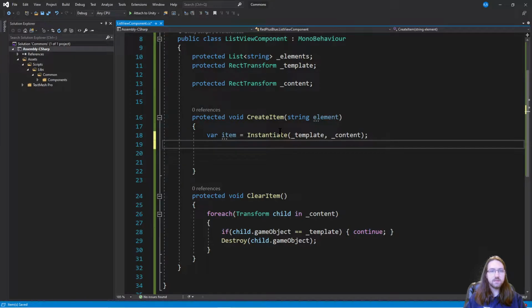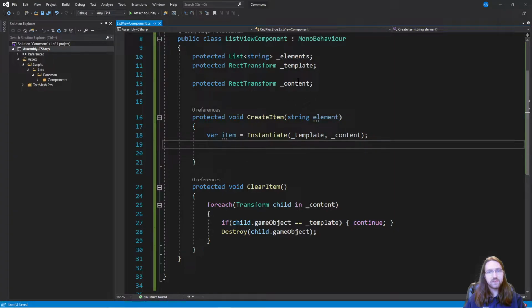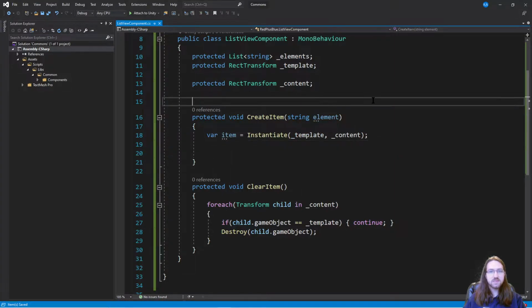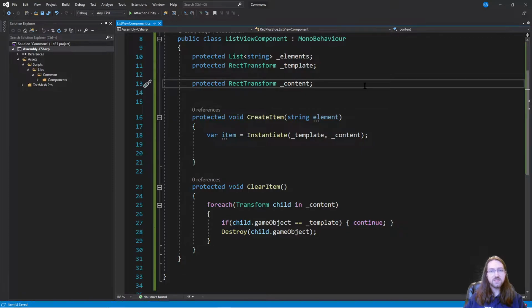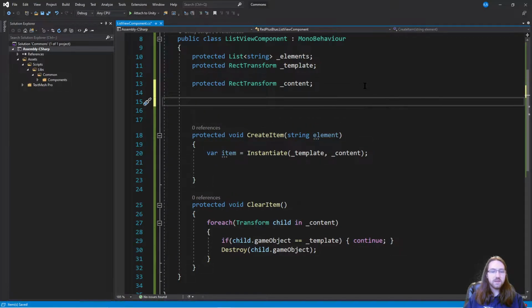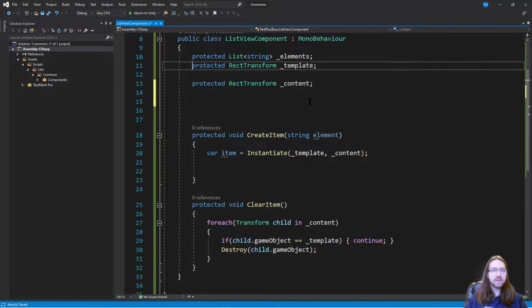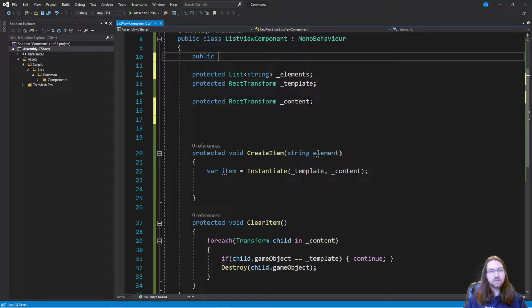And then we can somehow assign, I don't know. We need some kind of function to assign the information here. So we'll have a public, let's say public,